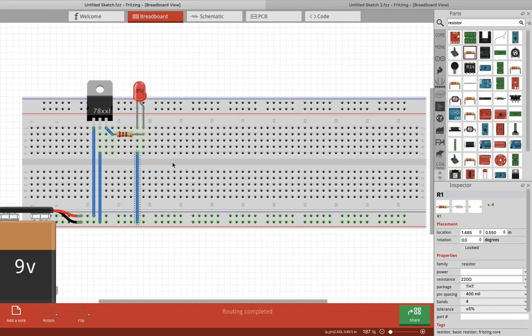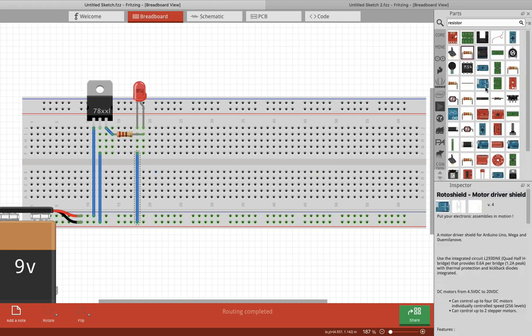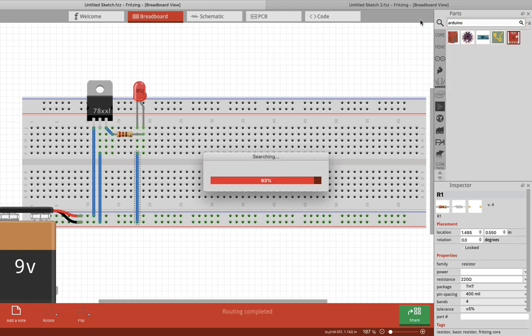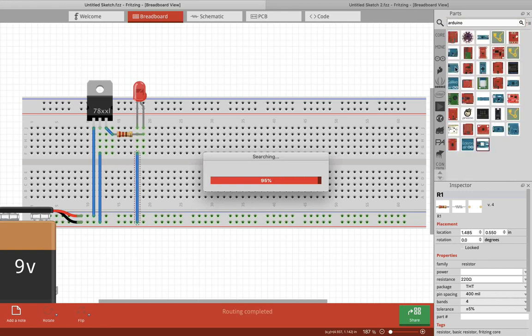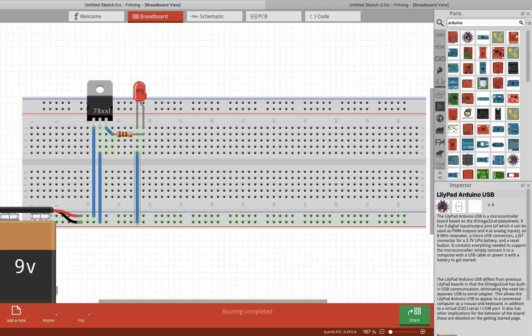So that's all for this circuit. Now you can also check, like you can use Arduino here. So you can search for Arduino. In a simple way, you can make any kind of circuit here. You can even find many other libraries on the internet. You can make your own library. You can find other libraries on Google, like you are seeing here.